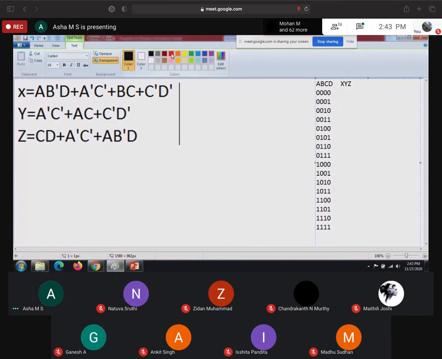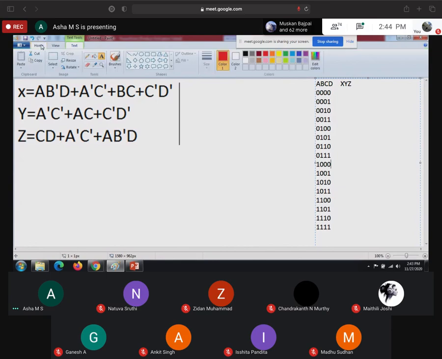Let me write using a different convention. See, A equal to 1, B equal to 0, D equal to 1. Here you can find these two combinations, irrespective of the value of C. With irrespective value of C, X will be 1.